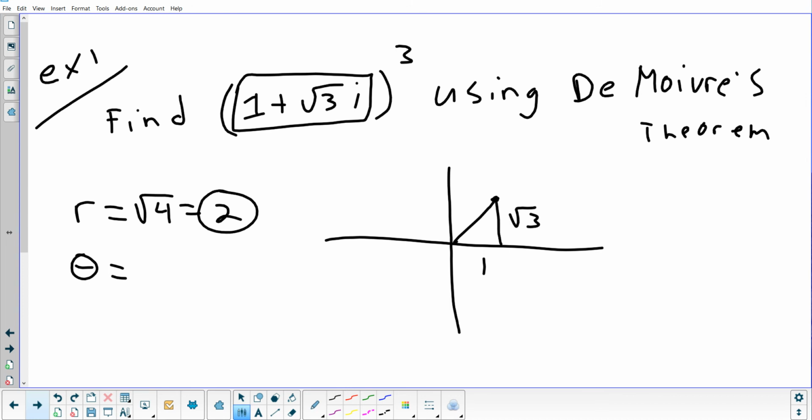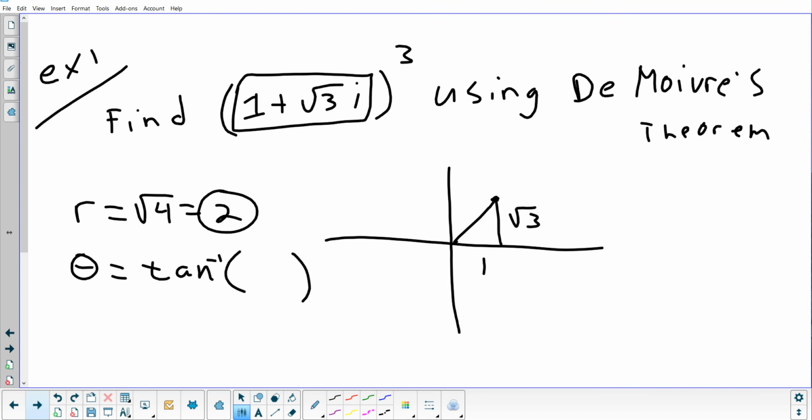And now I've got to find my angle. What trig function do we always use to find the angle? Sometimes we have to add 180, sometimes we don't, but we always use this trig function. Yep, inverse tangent. Matt, do I have to add 180 when I'm in quadrant 1? No. So we're just going to use inverse tangent